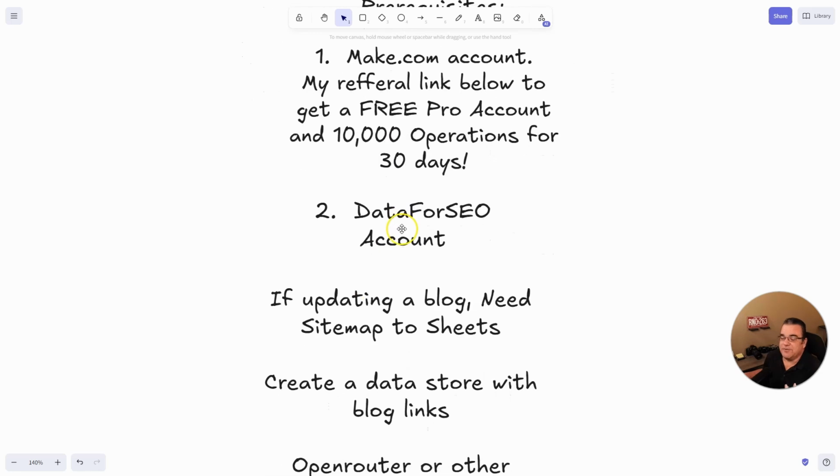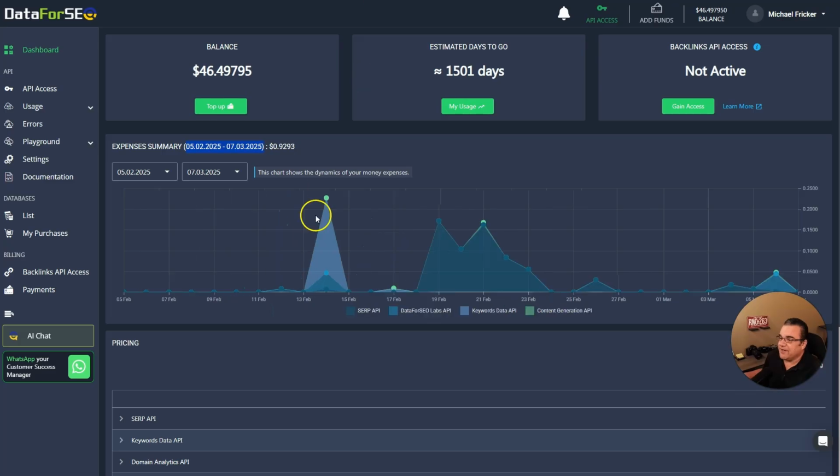So try it out. You will also need a DataForSEO account. DataForSEO is super cheap. When you sign up with my link, you'll get $1. But as you can see here, I've not even spent $1 this month for the last 30 days. Some days I spend 22 cents, 16 cents. This costs nothing. I was doing a bunch of stuff the other day, and it cost me, we'll call it, 5 cents. After you've spent that $1, you do have to put a minimum of 50 bucks in, but it will last